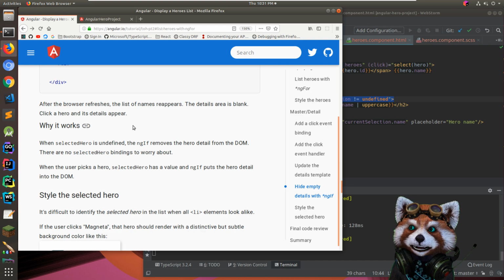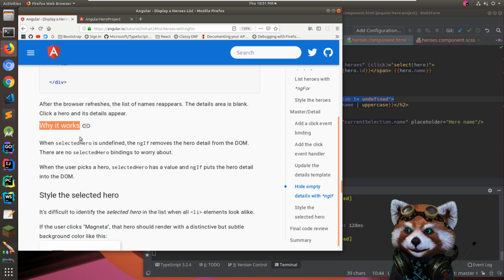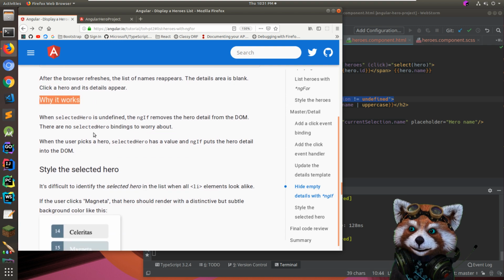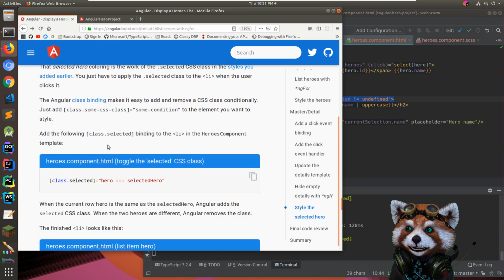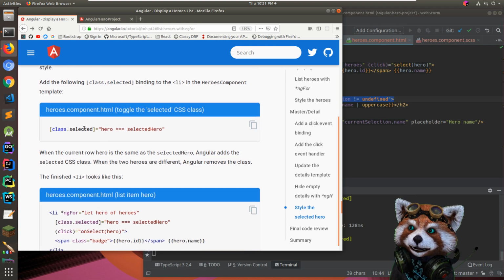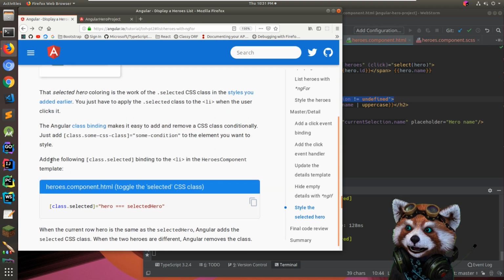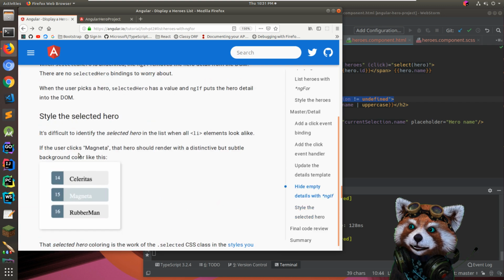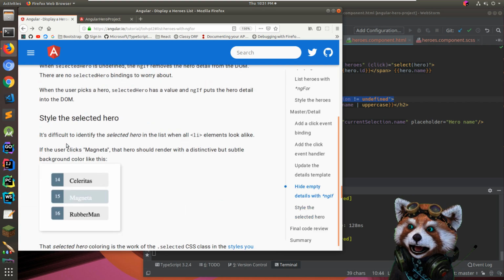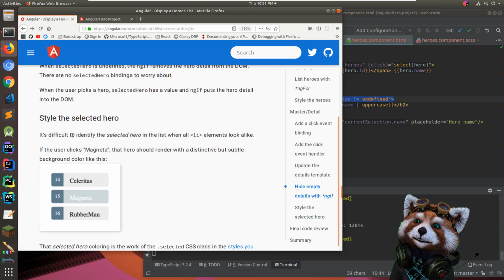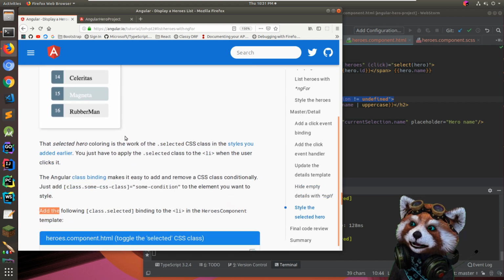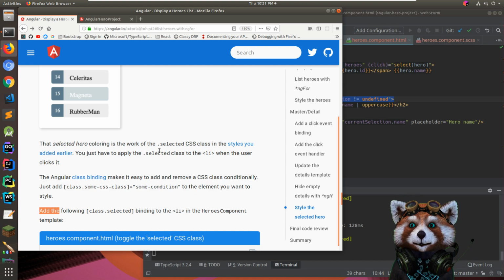The detail area is blank. Click a hero and the details disappear. Why it works. Yeah, no, I understand why it works. It's updating all the state. What is this? Style the selected hero. It's difficult to identify the selected hero. Yeah, that's true. The selected hero coloring is the work of